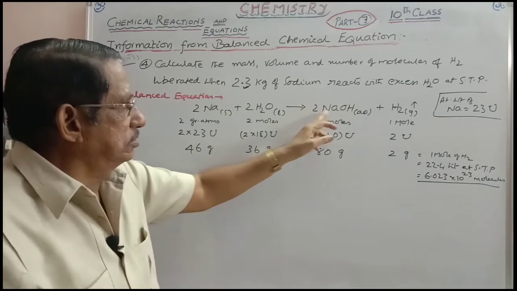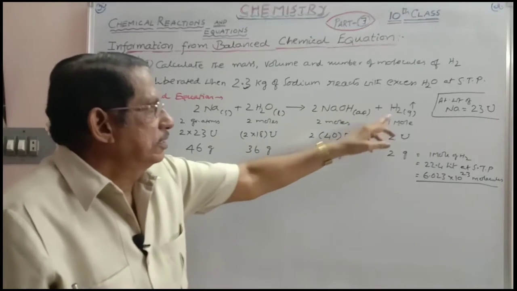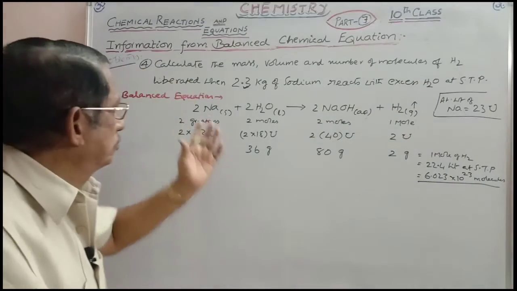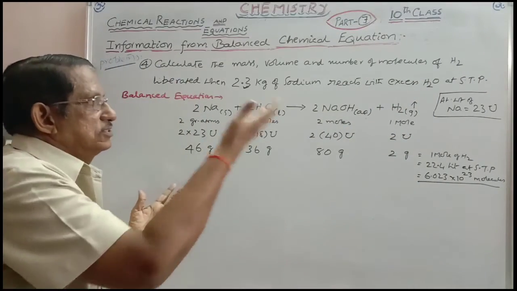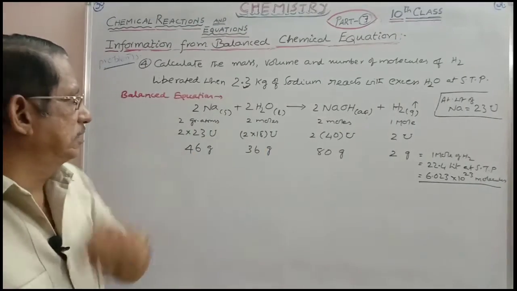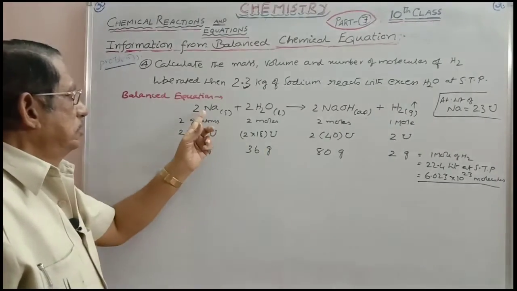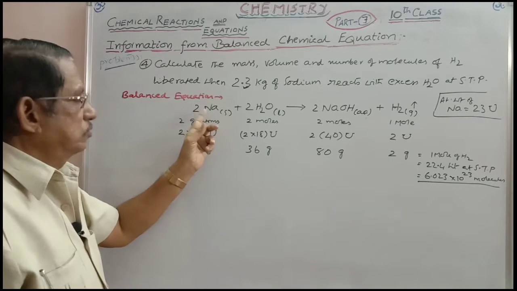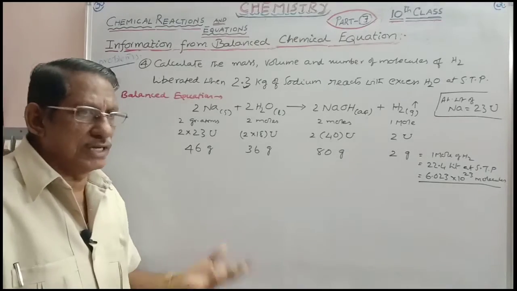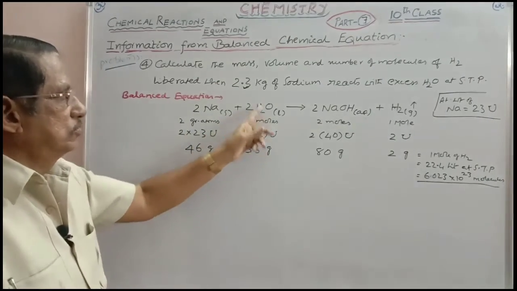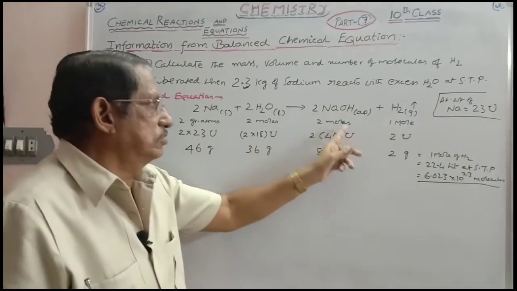Already water is there, so this is in the aqueous medium. H2 gas is liberated, that is collected at STB, as already noted there. For sodium metal, STB condition is not required; for gas it is required. So if you take the complete meaning here, 2 gram atoms of sodium, because for metal, mole means gram atom. 2 gram atoms of sodium react with 2 moles of water, giving you 2 moles of sodium hydroxide and